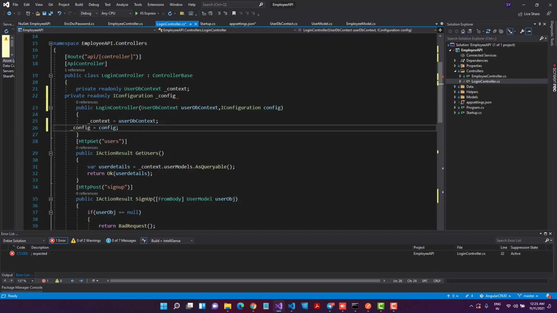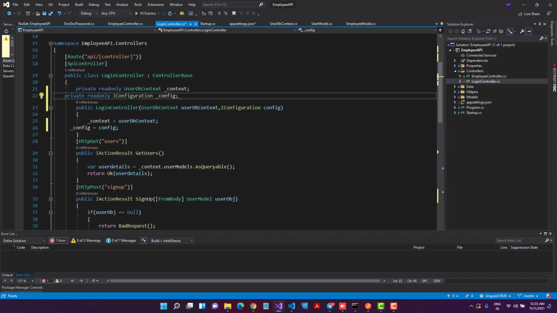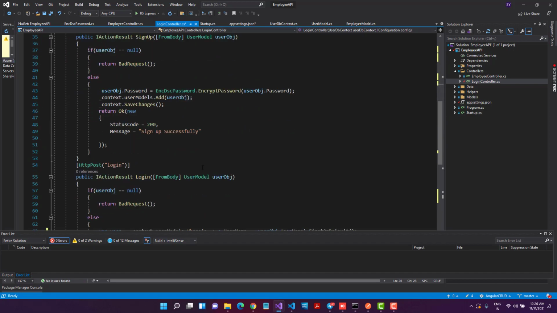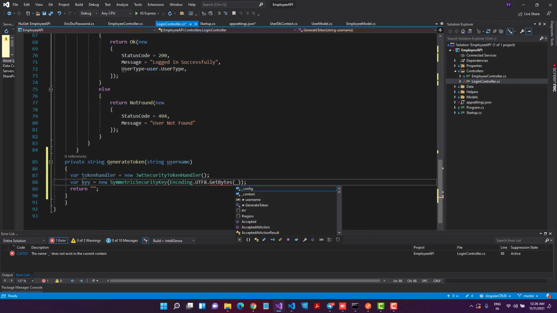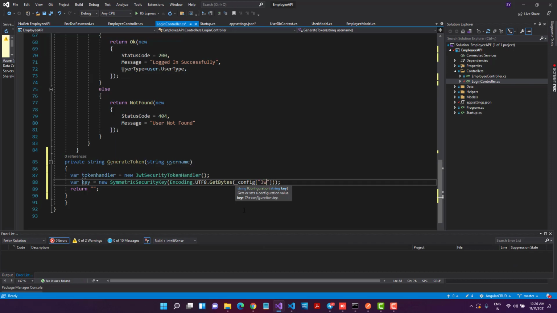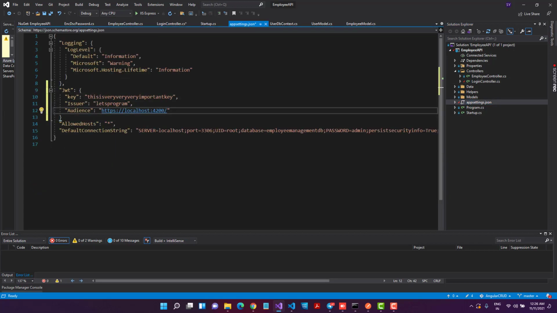Okay, so this is the top config which we have, this readonly, and this config we are assigning to this. All right, so now we can use this config. So rather than using some static keyword here, we'll not use that, we'll take that value from config. So inside the config we have created a JWT, and inside that we have the key. So let me check if the spelling is correct. So if I go inside this, yeah, key value is small, so that is correct.